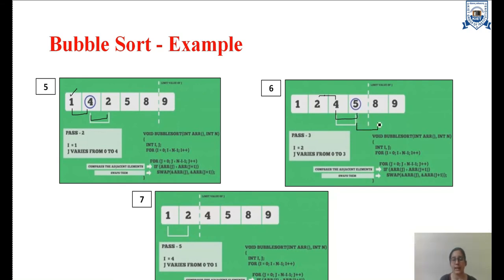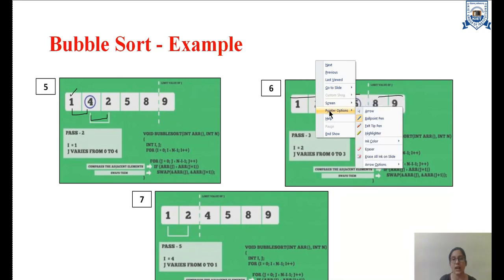5 is compared with 8. Again, the swapping is not required as per the condition. So, what happens is we will simply shift the marker of the sorted list with the position ahead, and it simply says now there are 2 elements present in the sorted list and the remaining elements are the part of the unsorted list. In the next pass, what we simply do is we will start comparing the remaining elements present